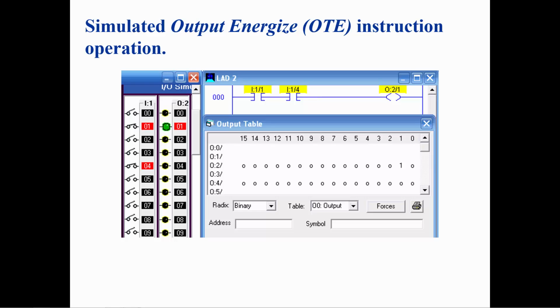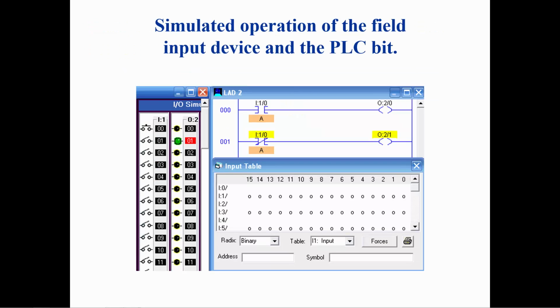If the rung is false, a 0 will be placed in the output table, and the physical output with that address will be turned off. This is an example of both an examine if closed and an examine if open instruction. Both instructions reference the same input address,